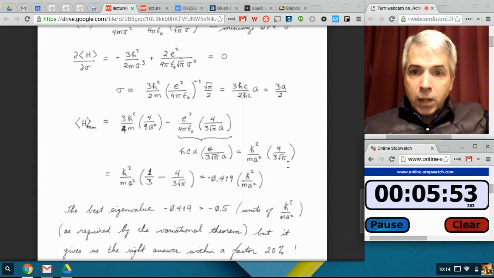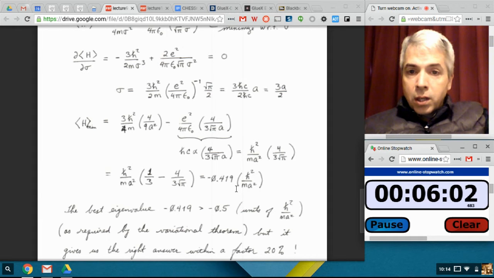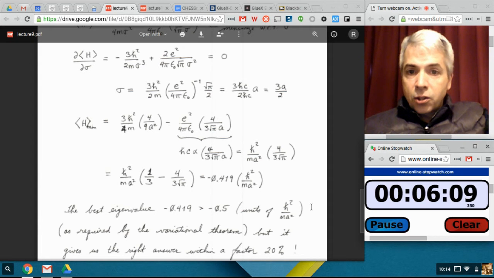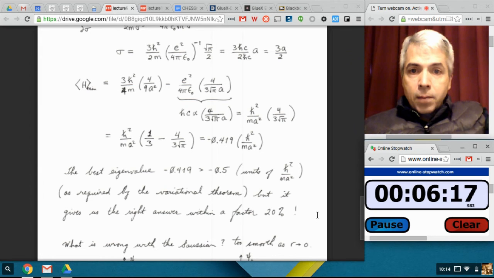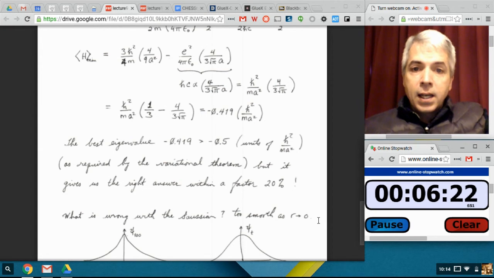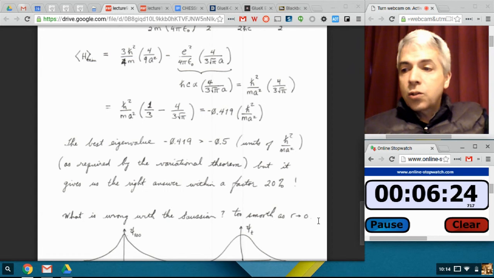Now if you put that in your calculator and you combine it with the other term, we end up with negative 0.42. And that is a number that's close, even closer, although still an overestimate, to negative 0.5, which was the exact answer. All right. So in fact, when we do everything carefully, we see we got even closer to the ground state energy, albeit with some error, and that's at the level of 20% or so, which is not too bad, considering the fact that we didn't really scrutinize the